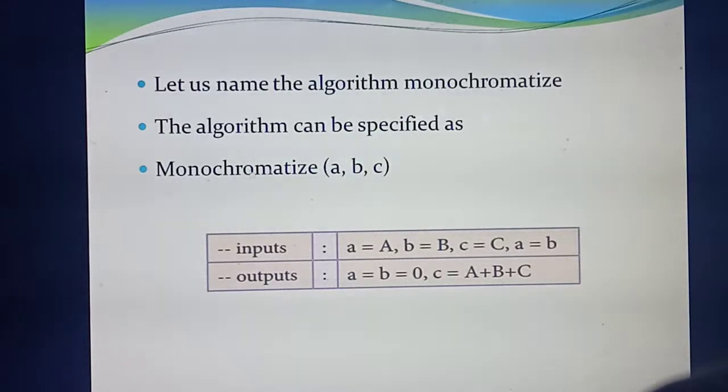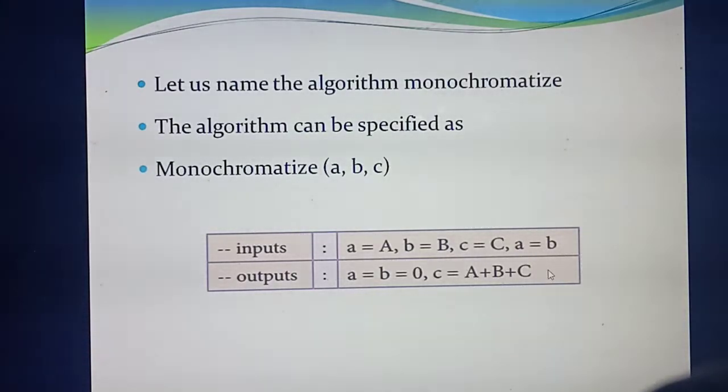3. So for the algorithm named monochromatize, inside it for the 3 types of Chamberlains we are declaring A, B, C. Understood? So inside that algorithm you are giving 3 variables as input. What are they? A, B, C. So the input, what are the inputs you have already studied? The initial values: A is assigned to capital letter A, B is assigned to capital letter B, C is assigned to capital letter C.